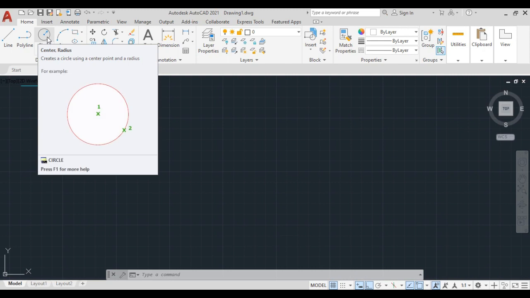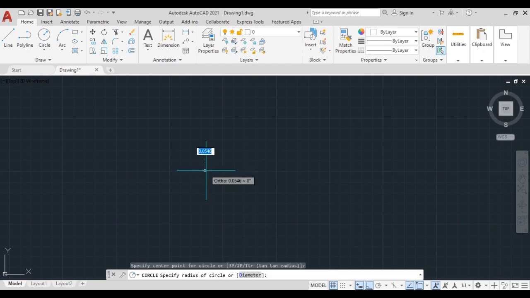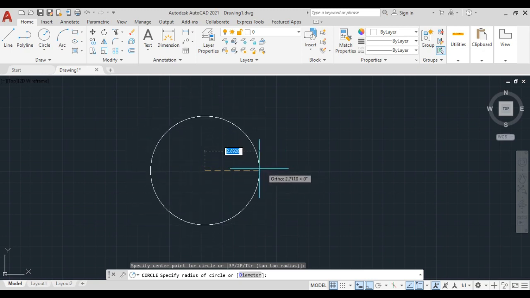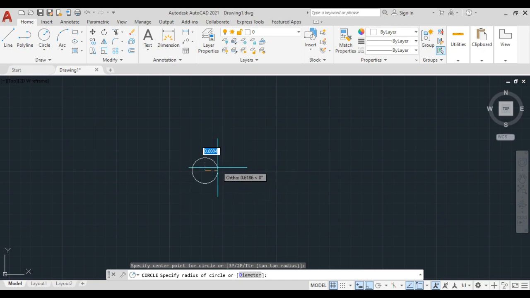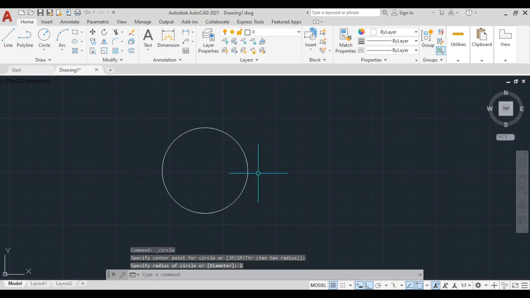Just click on this circle icon and specify the center point of the circle. You can draw any circle in radius form. Suppose I give a radius of 2. So I press 2 and press enter. Here you can see the radius is 2. This circle is made with radius 2.